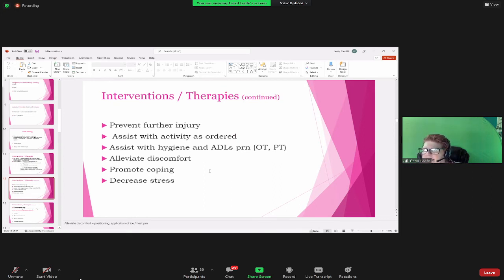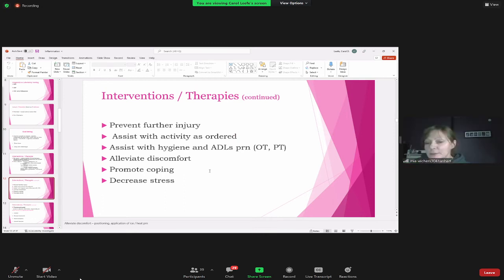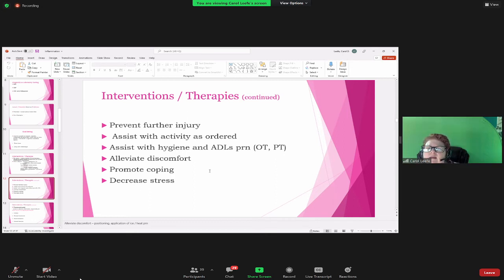Assist with hygiene and ADLs PRN, activities of daily living. OT and PT may be consulted. OT is occupational therapy and has to do with what? Does anybody know? Yes, Ryan? What'd you say? Fine motor movements. Okay, fine as well as gross motor movements of the upper body, strength, and being aware,